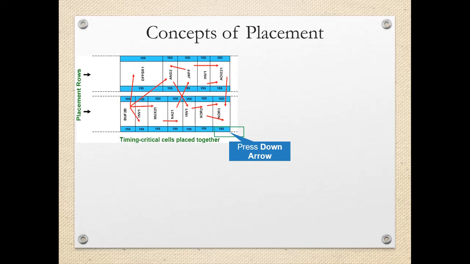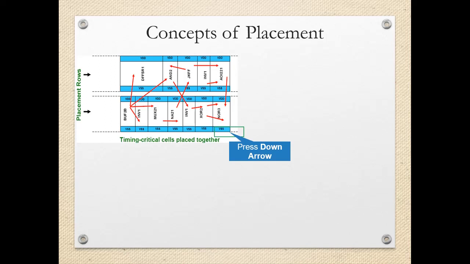Now we'll see the concept of placement. There are different placement rows available, and generally the timing critical cells are placed together. You can see the different rows available, like the first row which consists of VDD line, then the different cells like the D flip-flop, AND gate, JK flip-flop, inverter. After that we have a VSS line,